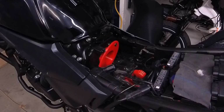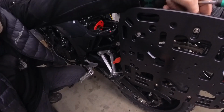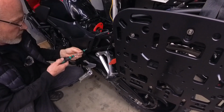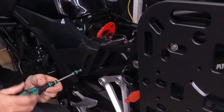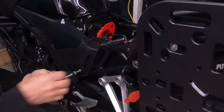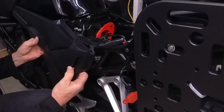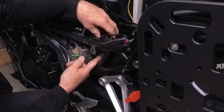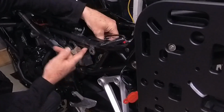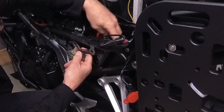So that is a number 5. Okay. So let's just back you up. Get that out of the way. This number 5. Move that. Pop this off. Okay, so what I'm just going to do is lay this guy